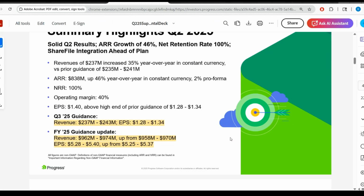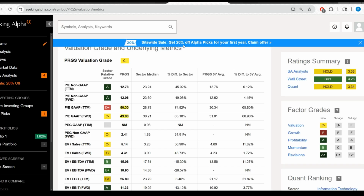However, we look at the guidance as well, fiscal year 2025 guidance update. They increased their overall revenue guidance as well as their earnings per share guidance on a non-GAAP basis. So that's interesting to see. They did upgrade the guidance. They also are saying a net retention rate of 100%. So not bad overall. I think the big reason why this company is trading lower in after hours, though, is